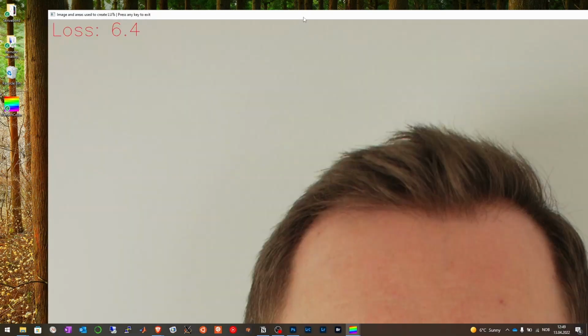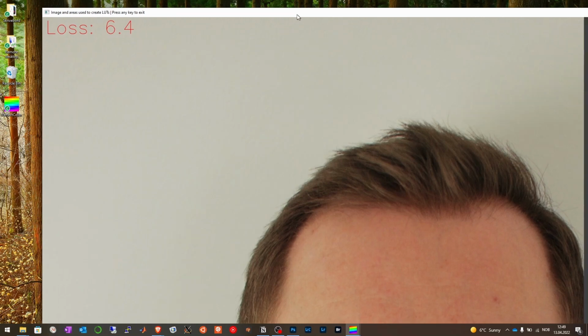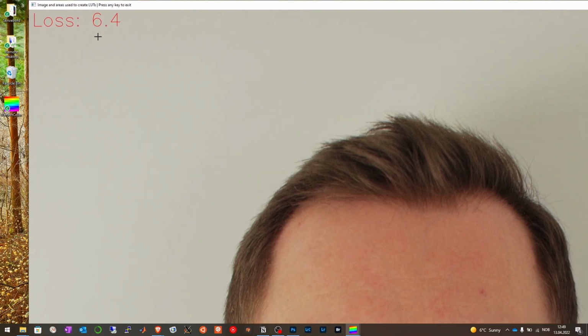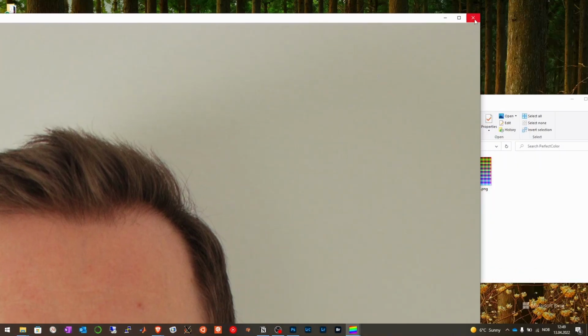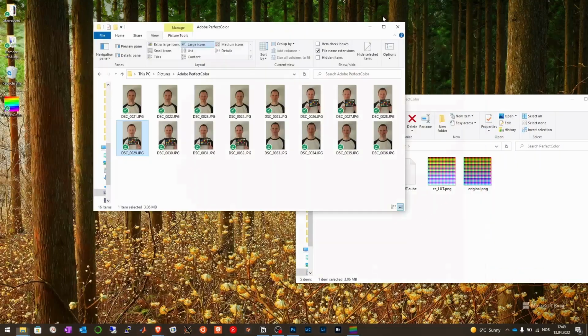It's a quite large photo, but you see here is the loss at 6.4. Anything below 5 is considered to be great. Anything between 5 and 10 is considered okay. And here you have 6.4. I just press enter,